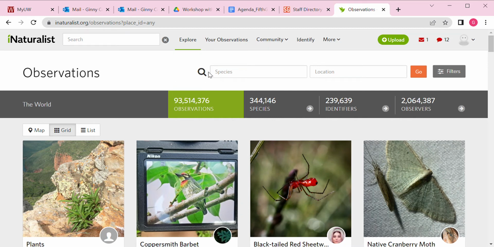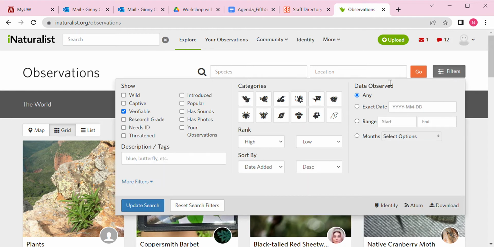The next item that I'd like to show you is how to filter some of your items. So we're going to go back to the Explore section, and then up here in the upper right there's a filter button, so we're going to click on that. We can choose to only look at research grade